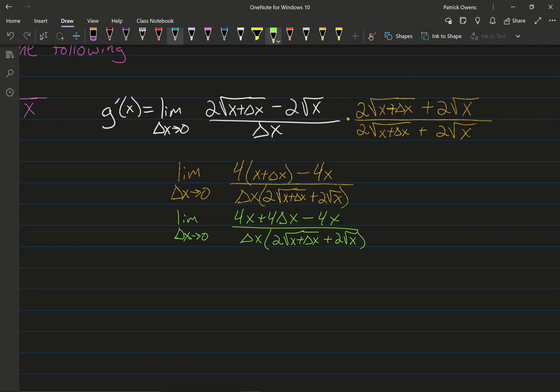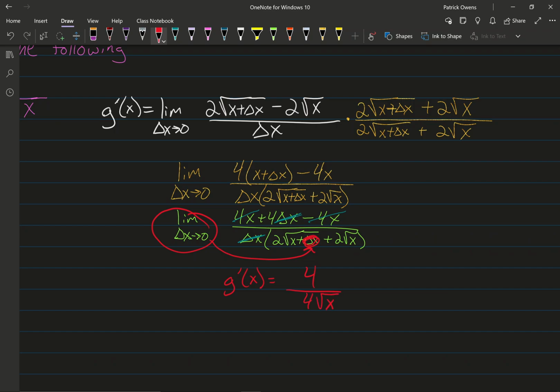From here, we combine like terms. 4x minus 4x is 0, and we can factor out delta x. After the step where we factor out a delta x, we can always then evaluate our limit by substituting 0 in for delta x. Our numerator then is just going to be 4. Our denominator, since this delta x is 0, so we have 2 root x plus 2 root x is 4